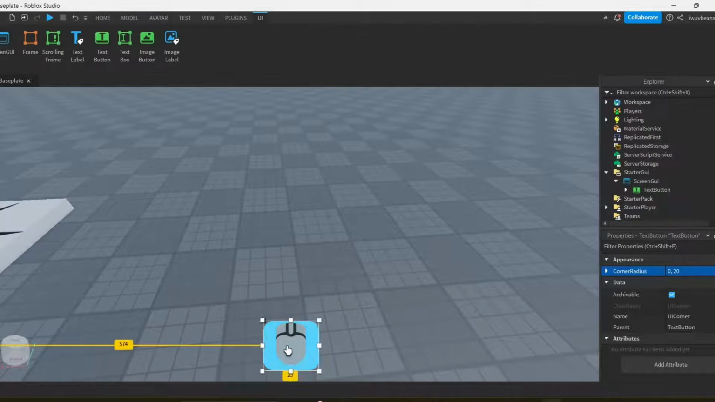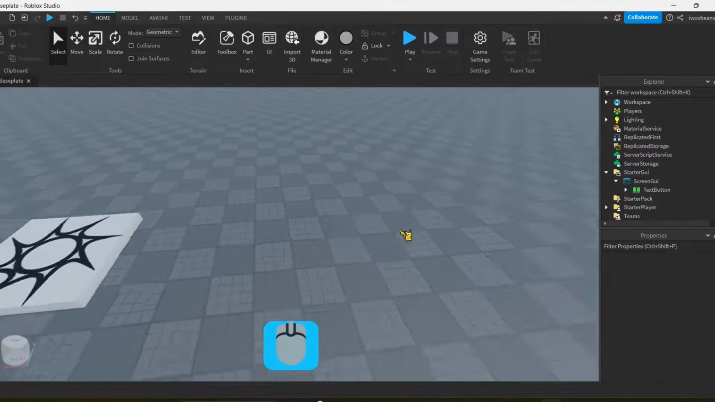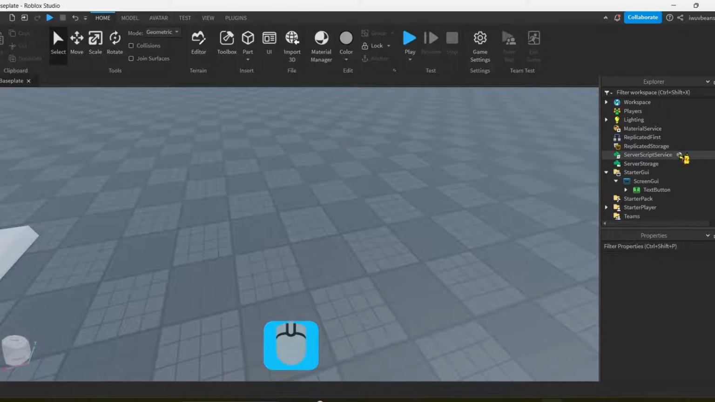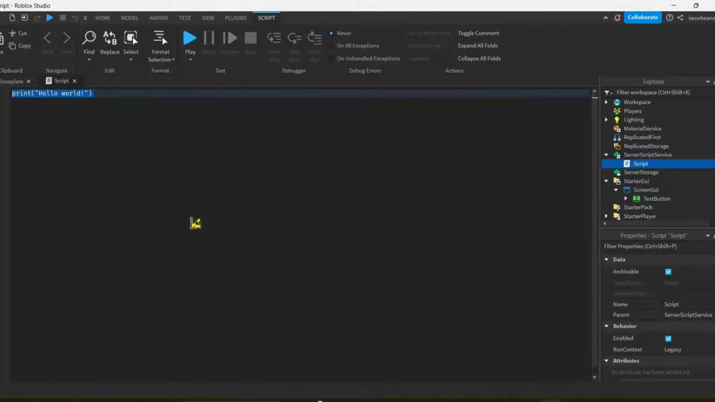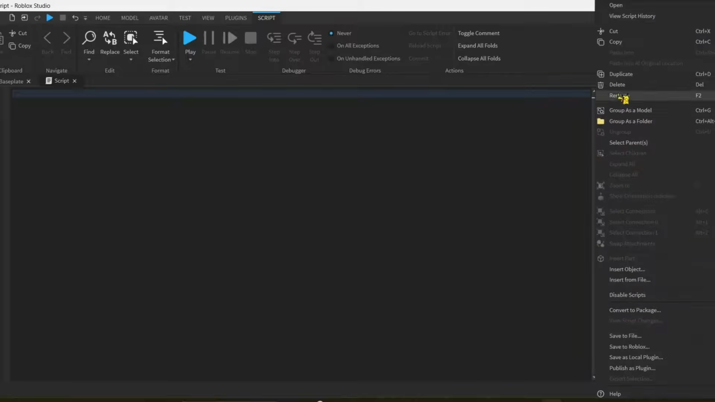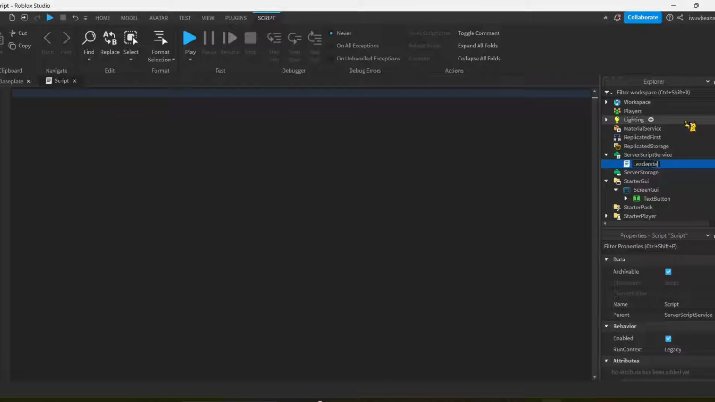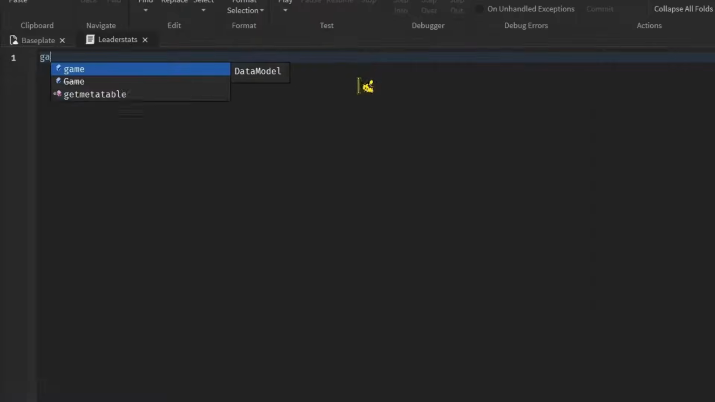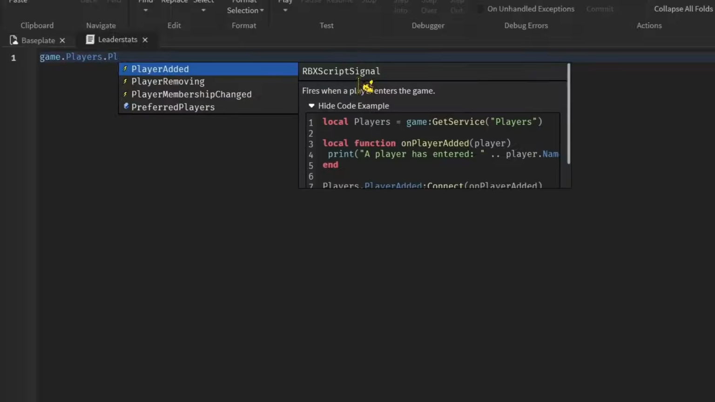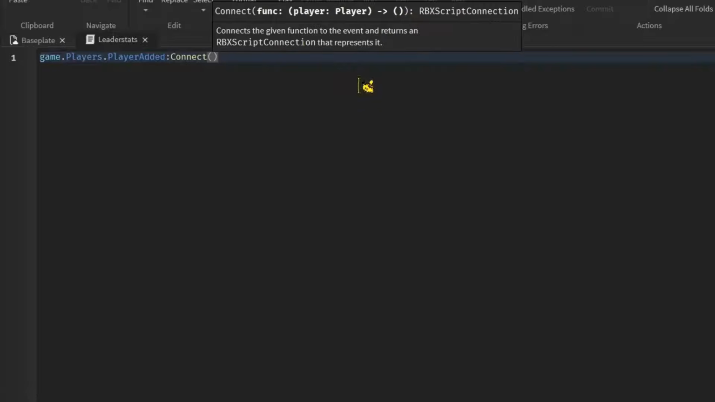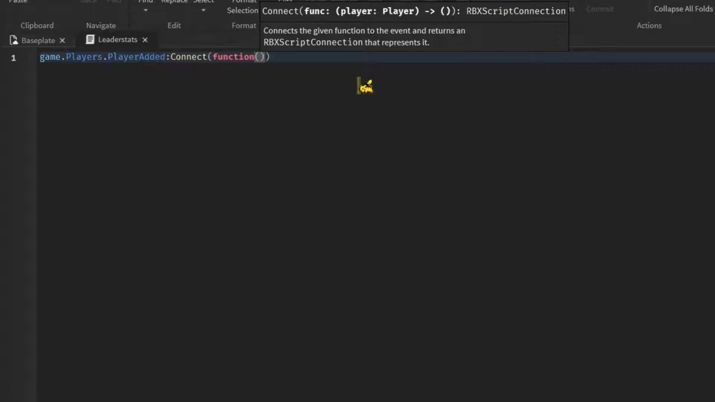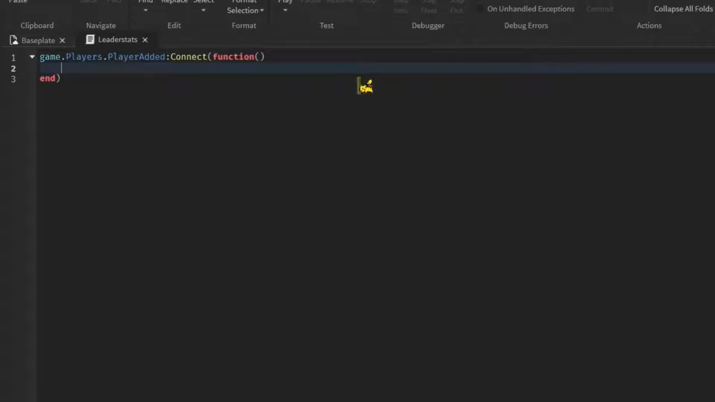Now it's time to get into the scripting. So we have a button, but if we test the game out and click it, it would do absolutely nothing. So we're going to go into ServerScriptService. We're going to make a script, and we're going to call the script leaderstats. And then in here we're going to get game.Players.PlayerAdded:Connect(function). Now I have our function, so when someone joins the game, it's going to